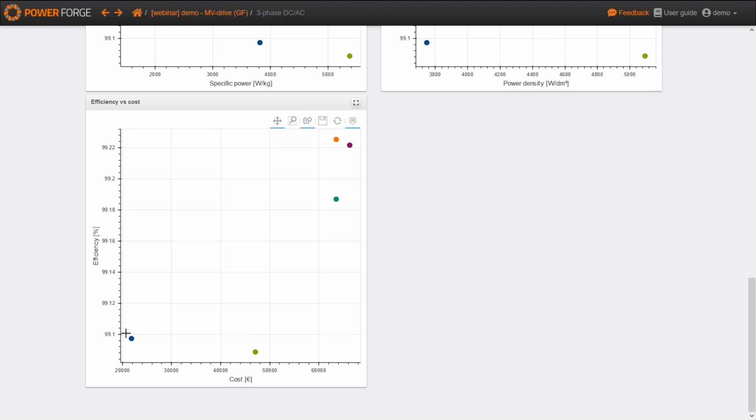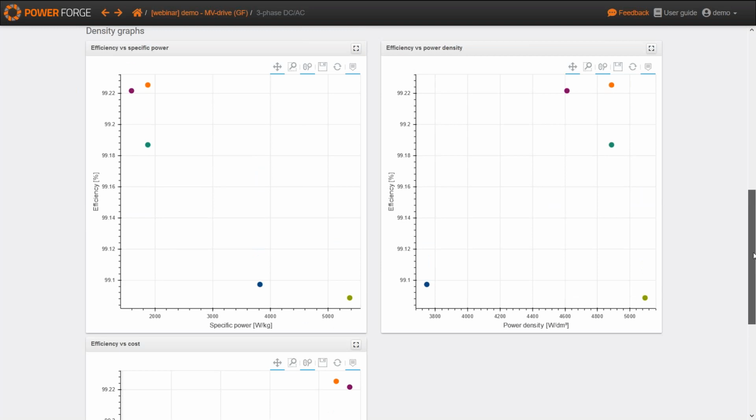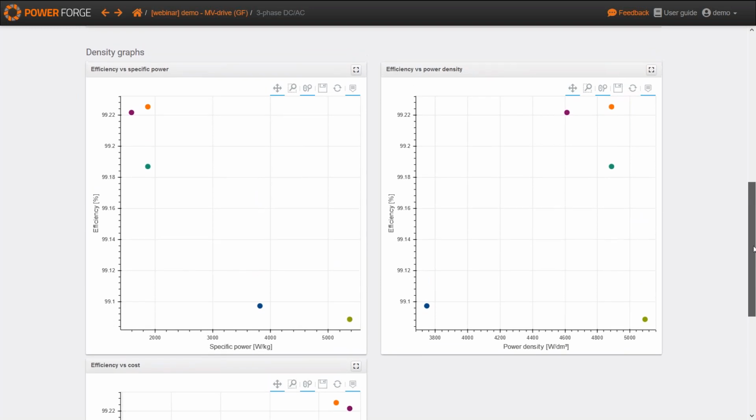So in this case, this design is much cheaper, because they use lower voltage rating power switches, which are usually much cheaper. That's why the global cost of the converter is cheaper here. So this is the kind of trade-off. This is the kind of design workflow that the designer can do with PowerForge,